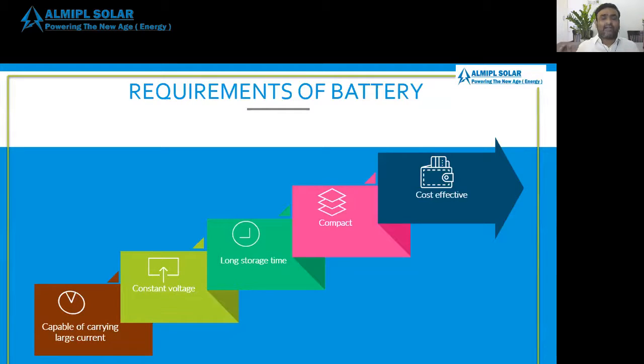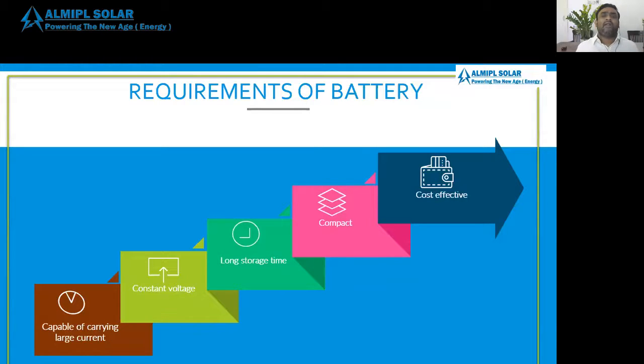That alternating current we need to convert into direct current. Then only we can store it in a battery. For that reason, we require an inverter. The inverter's major role is converting alternating current into DC current, which is stored in the battery. For emergency purposes, when we want to take power from the battery, that DC current needs to be converted into alternating current. Then we can supply our home appliances or industry, wherever we need it. This is the battery functioning mechanism.